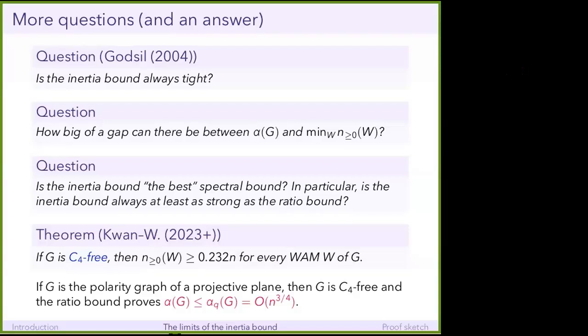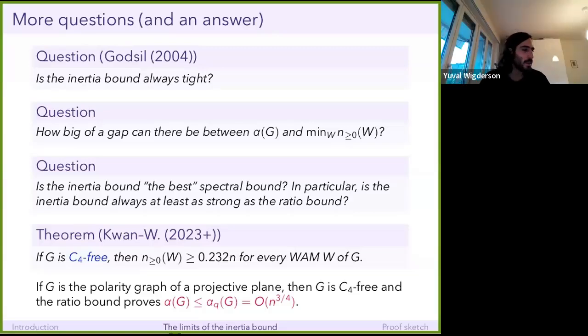So what is the SDP for the ratio bound? Is it related to the theta function? Yeah, it depends how exactly you want to set it up, but yes. You can phrase the ratio bound as follows: because the minimum eigenvalue is involved, it's something about what's the smallest multiple of the identity you need to add to get it to be PSD. And if you set it up like that, you actually get essentially the same SDP as for the theta function.